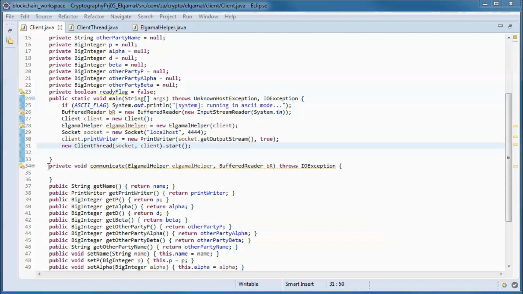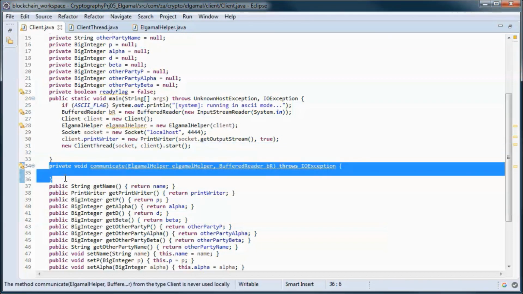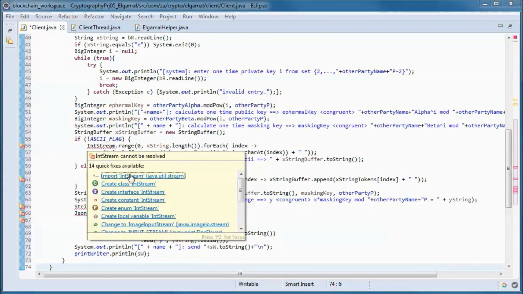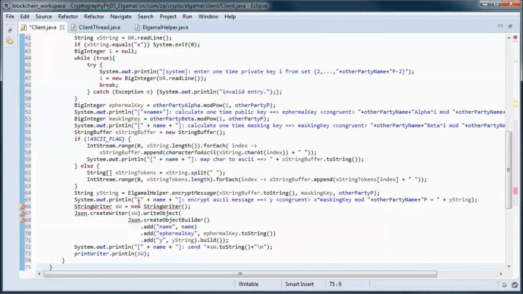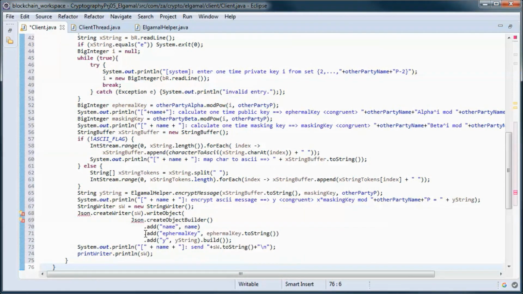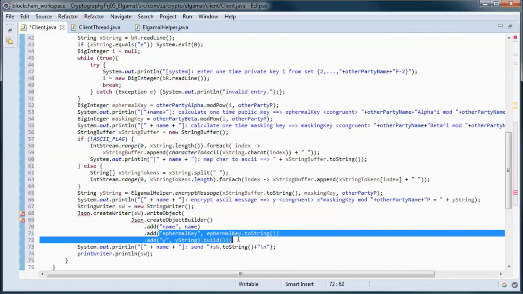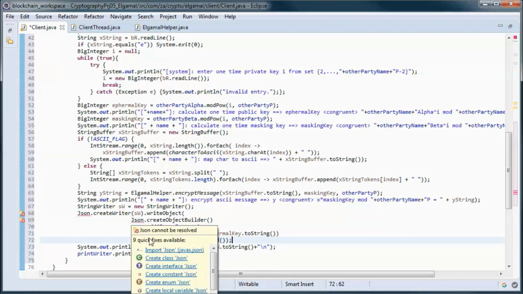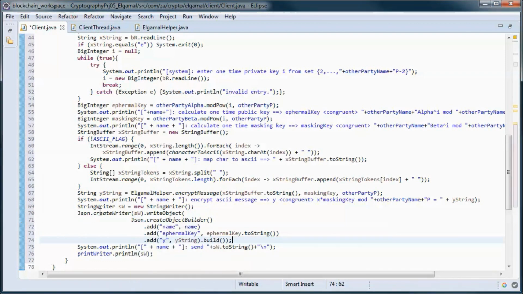And this is the code for this method. So here we are sending the ephemeral key and the encrypted message as a JSON object.